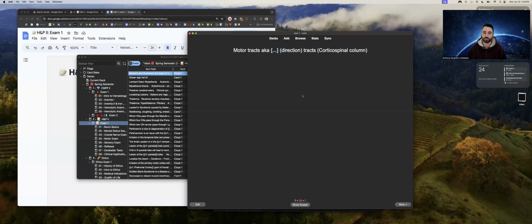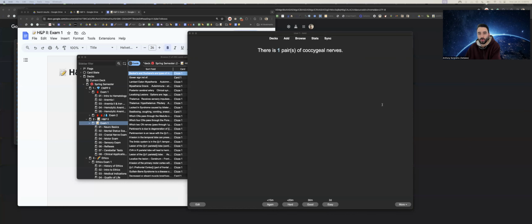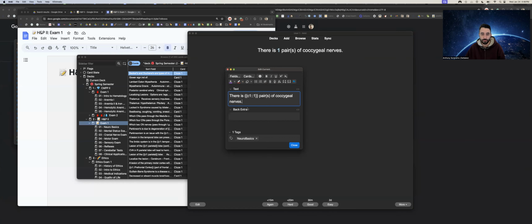Motor tracts are blank direction tracts, corticospinal column. They are descending. There is blank pairs of coccygeal nerves. Coccygeal. So is it 4? Wait, what? Oh, nerves. Aha. So there's 4 vertebrae, but 1 pair of nerves. Good to know. 1 pair, but 4 vertebrae. That's why we're getting that 31, 33, because that's a difference of 2. Anyway,